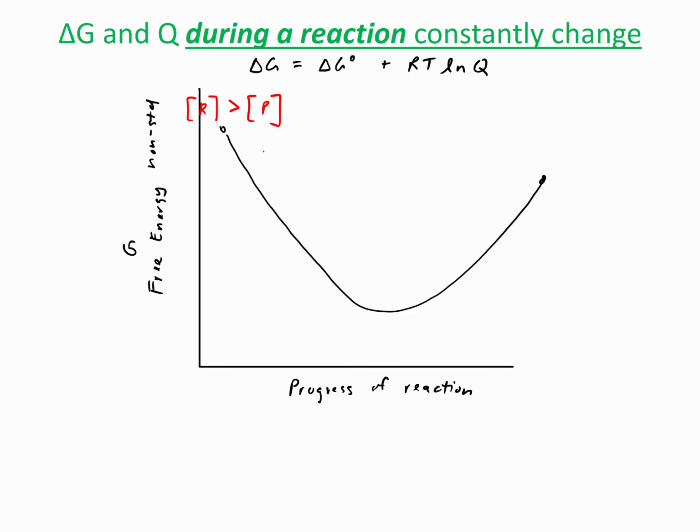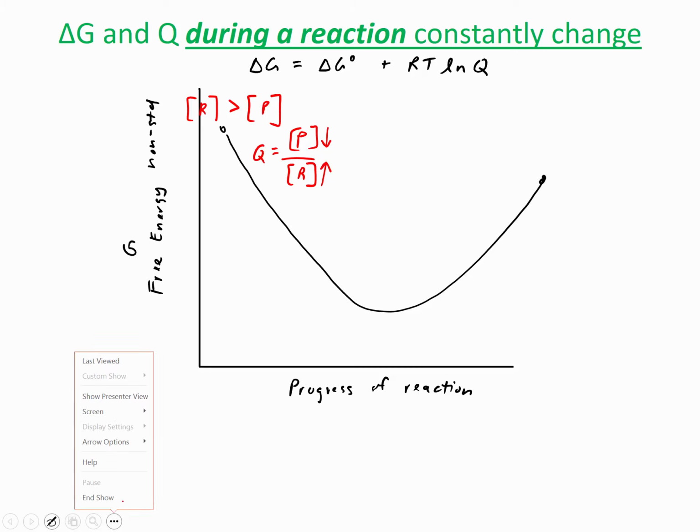And also, if we look at Q, it would end up being really small, okay, and highly negative. So your delta G, so if you take the natural log of fractions, you're going to get negative numbers. So imagine if this is really tiny and this is huge, your reactant amount, okay, then your